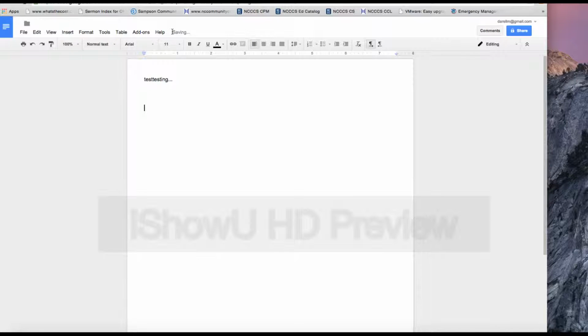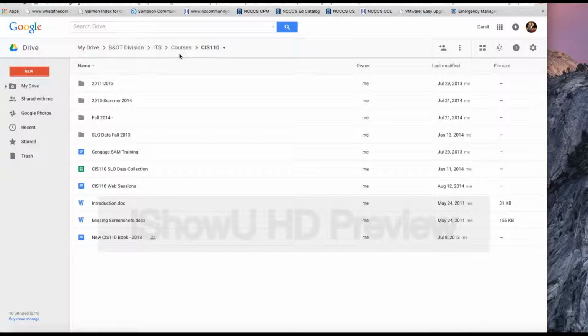You'll notice it automatically saves. As I type, it automatically saves. There's the file. Close this. And now when I come back to my list, I can see